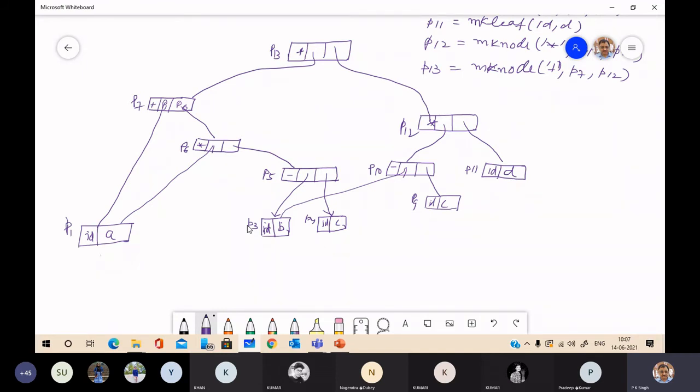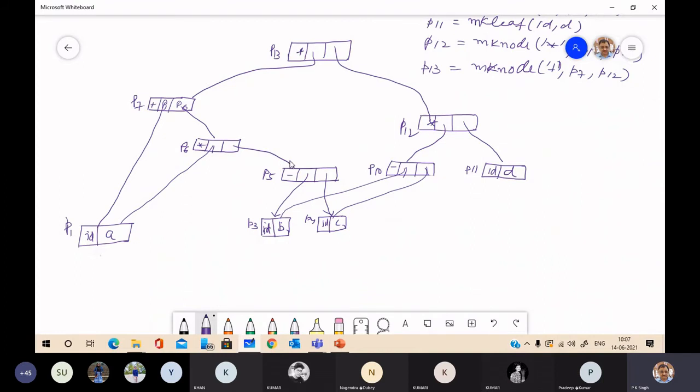Now, similarly, you can remove this P9 because see, you can make a link to this. So now you have to create only 4 node, leaf node, P1, P3, P4 and P11.